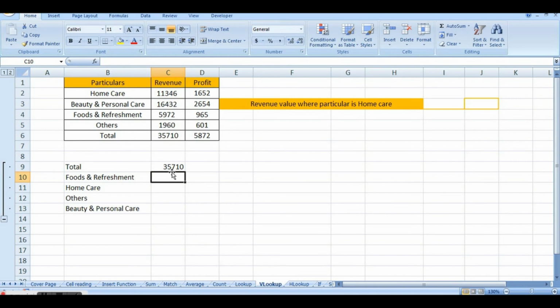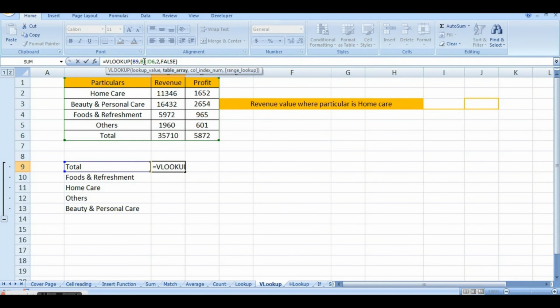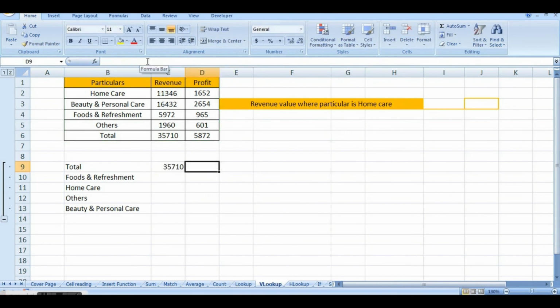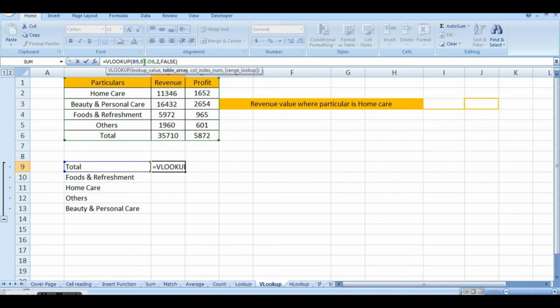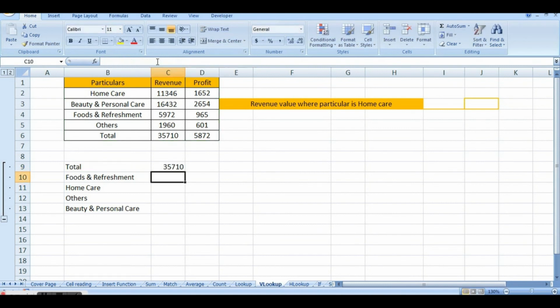Now if I want to use it, I can simply drag it, but before that I have to think of the referencing. I don't want to change this column area because I want to select the other values from this column only. So I will simply freeze them by putting a $ sign on the column area that I have selected.